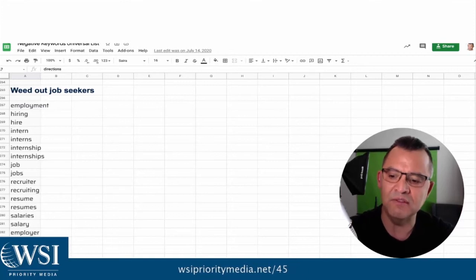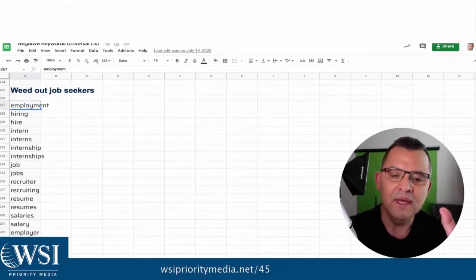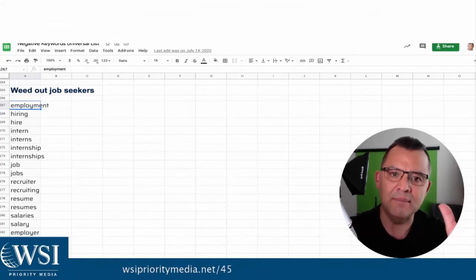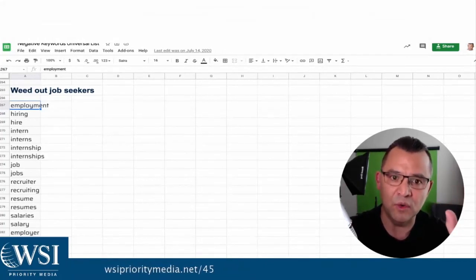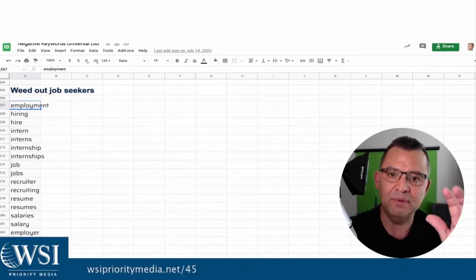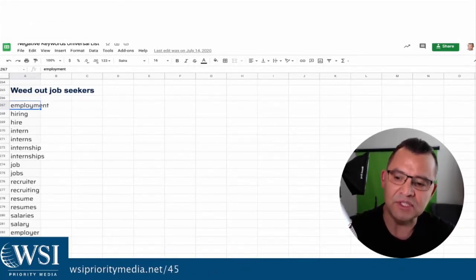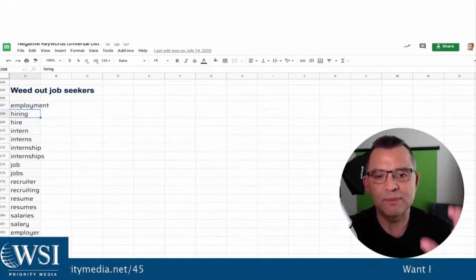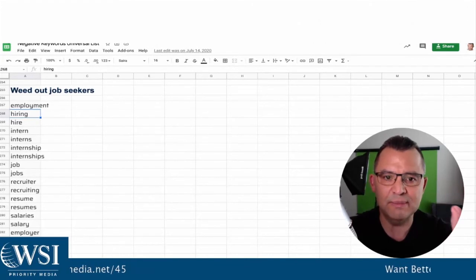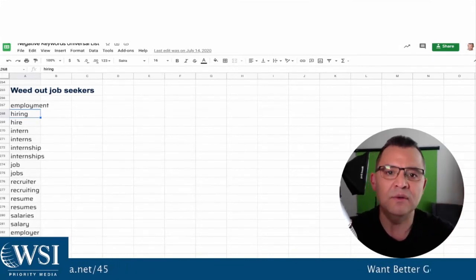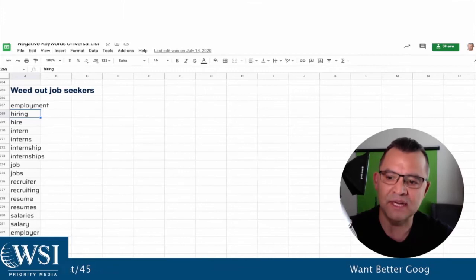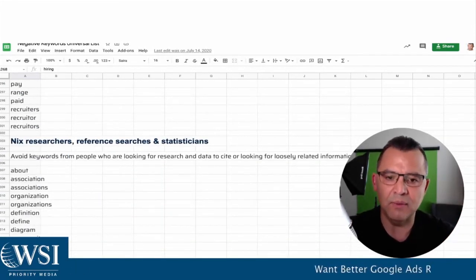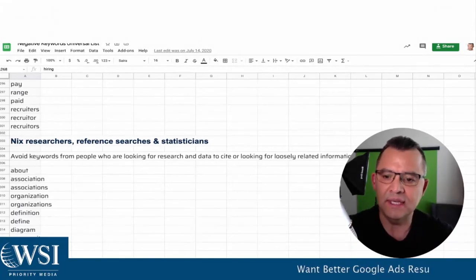That's a huge one, for example, right? Employment. So if you are, say, a plastic surgeon, and you've got plastic surgeon as one of your core keywords, but then plastic surgeon employment, plastic surgeon hiring, you could burn up a lot of ad spend that way, especially because the keywords are so expensive, the cost per click at that level. You do not want to be burning those up. So you can just download it for free. There's no email required or no password required. Just click it, open it, save it.